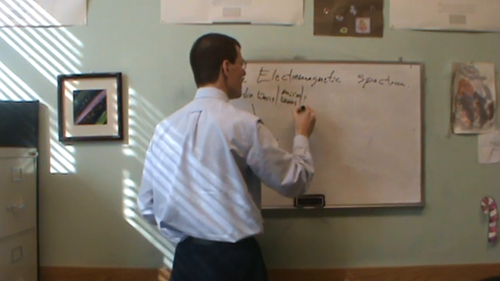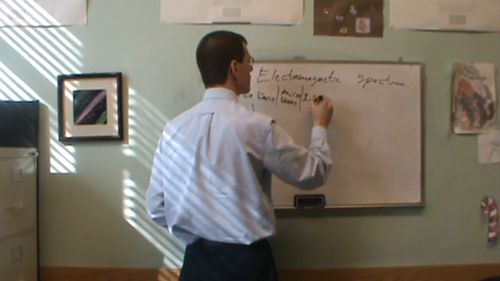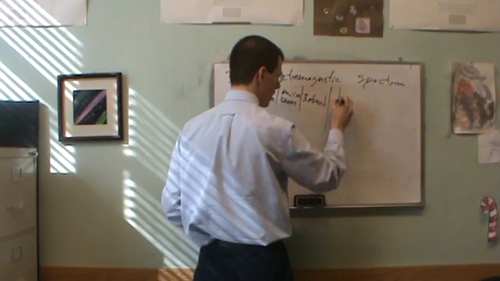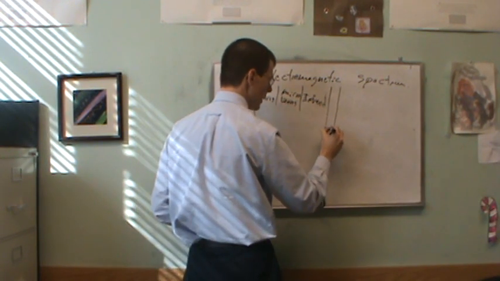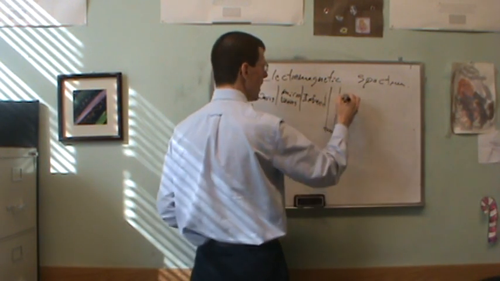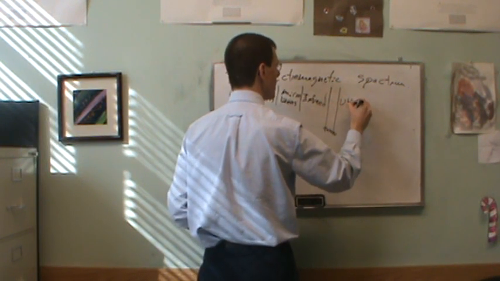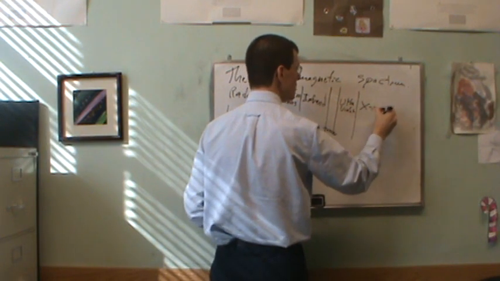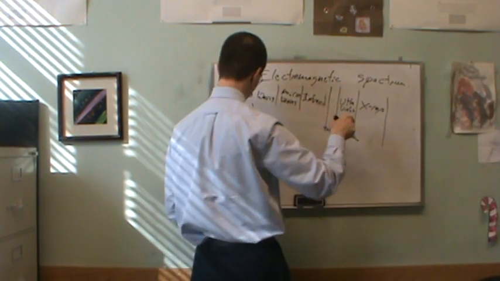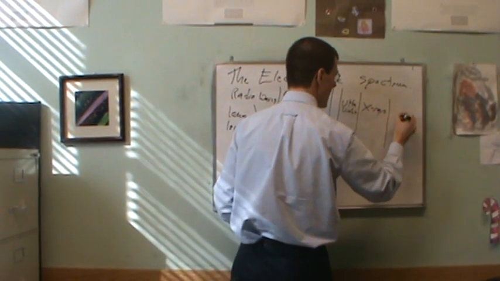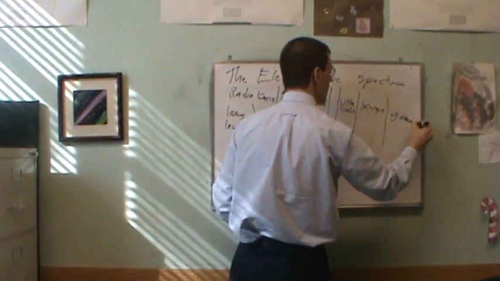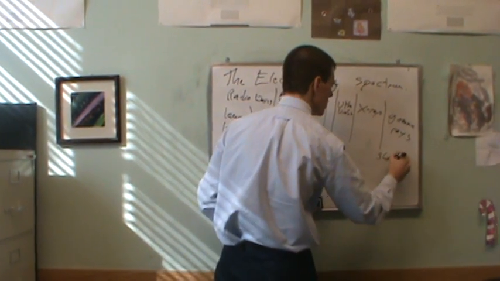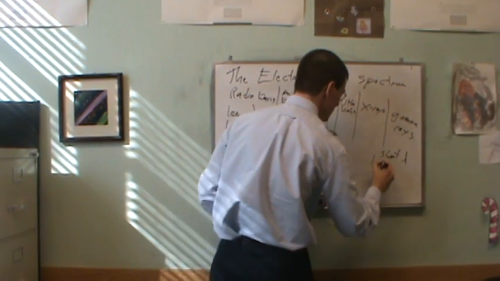Microwaves. And then there's infrared light, infrared. There is a tiny little bit of visible, so I'll put a little tiny bit in here. So here goes red, orange, yellow, green, blue, violet. On the other side of violet, there's ultraviolet. On the other side of that, there are X-rays, which are just very short wavelength light, and then finally gamma rays. So this would be the shortest wavelength and the highest